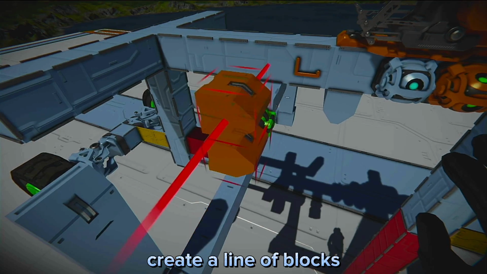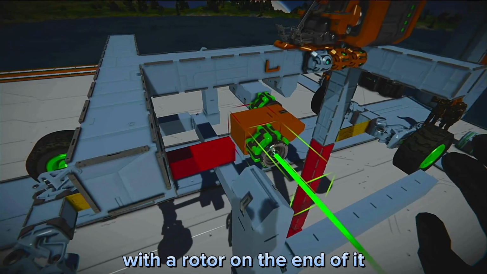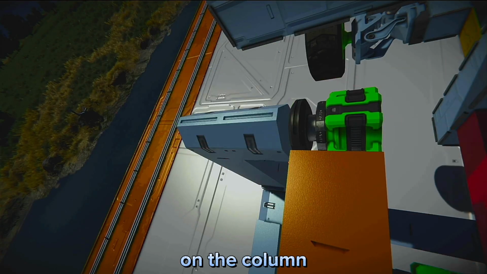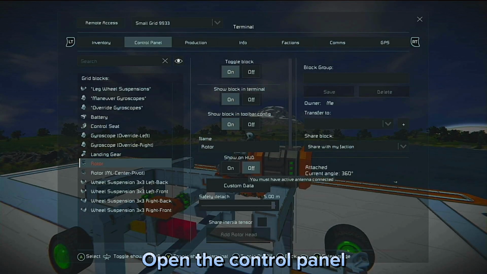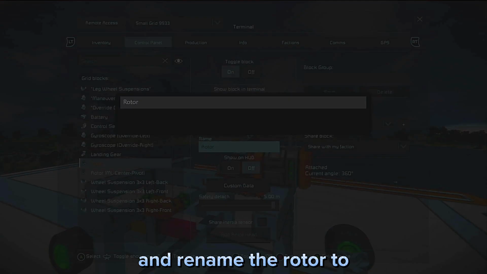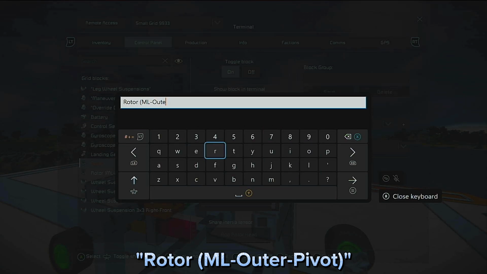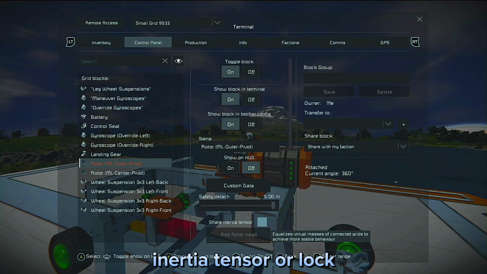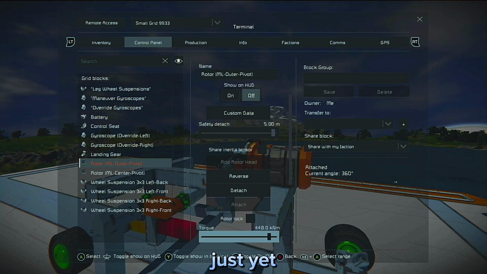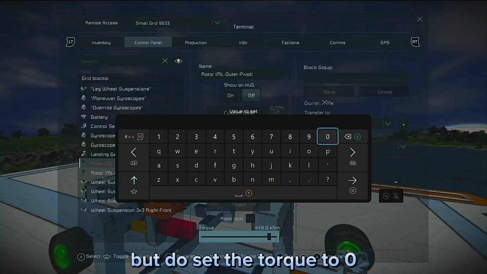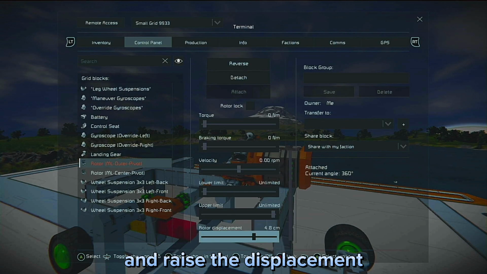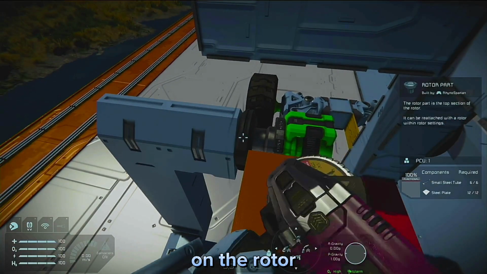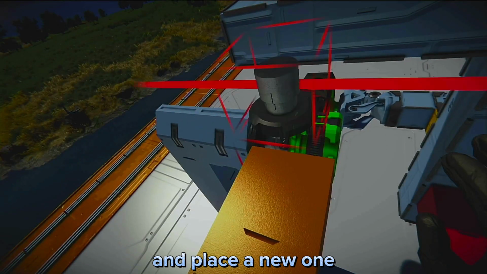Following this, create a line of blocks with a rotor on the end of it. Place down another block on the column. Open the control panel and rename the rotor to Rotor Middle Left Outer Pivot. Don't enable the inertia tensor or lock just yet, but do set the torque to 0 and raise the displacement to the maximum. Get rid of the rotor part on the rotor and place a new one on the blast